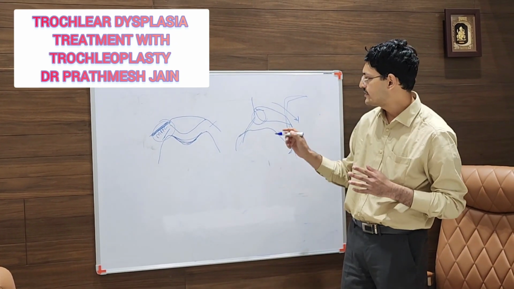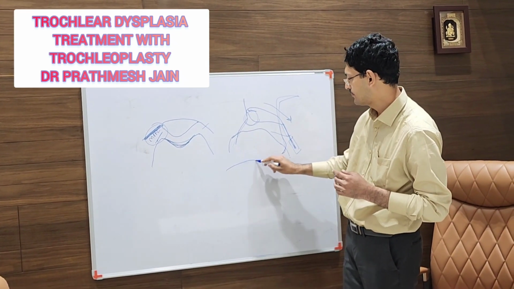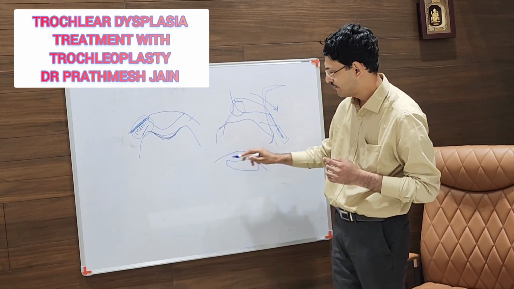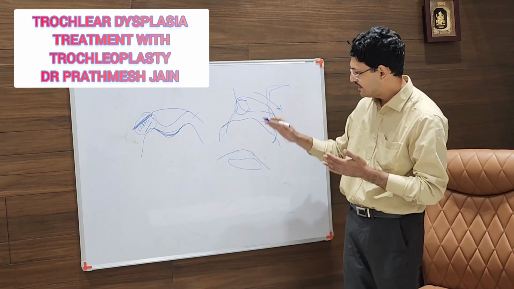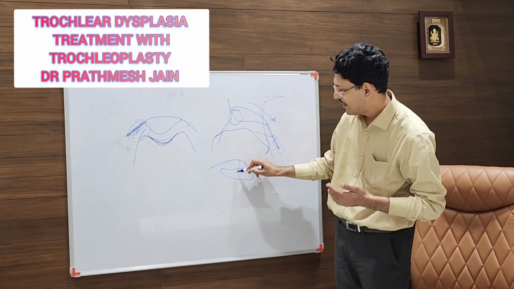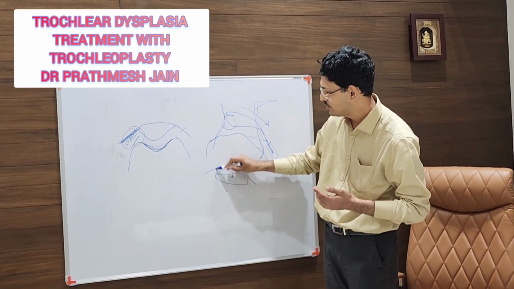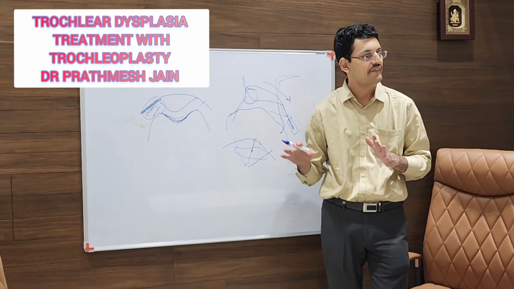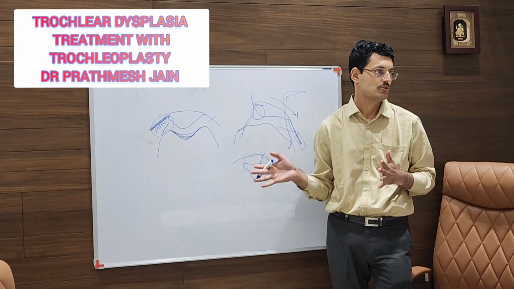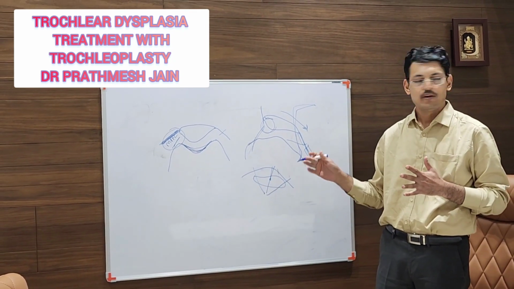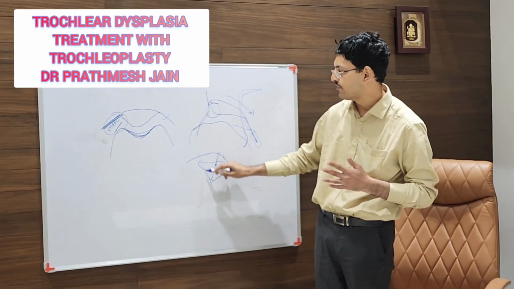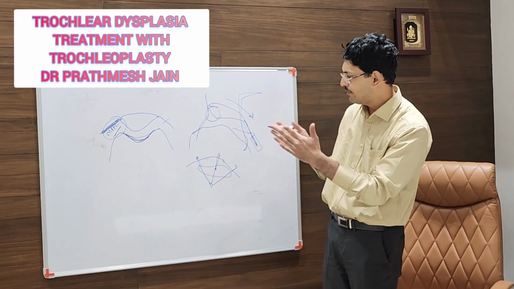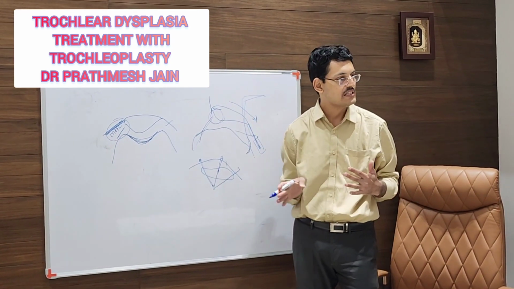If your trochlea is like this, you need to remove the bone beneath the trochlea, then press it down and fix it with suture anchors, 1, 2 and 3, like this. Usually we fix it with vital sutures. We use knotless anchors, one knotless anchor in the center with which the vital sutures will be there, and it will make the groove a very nice V-shaped groove.